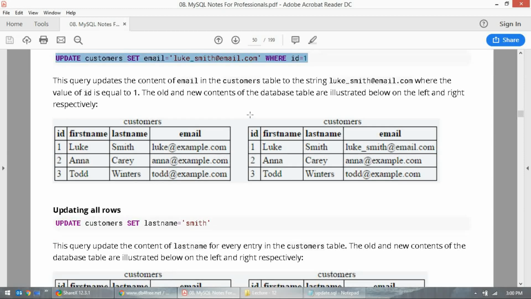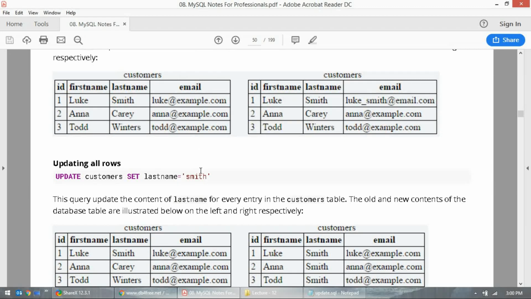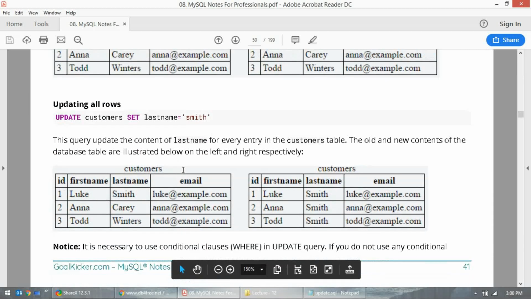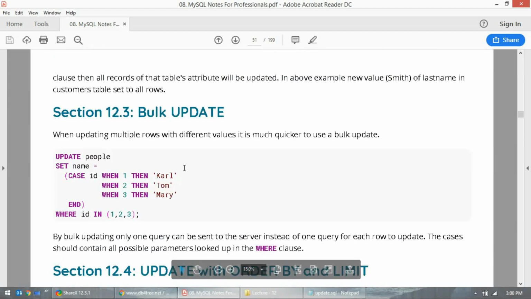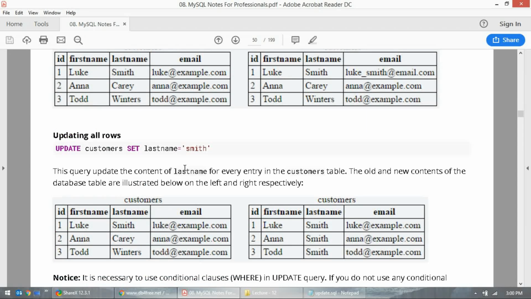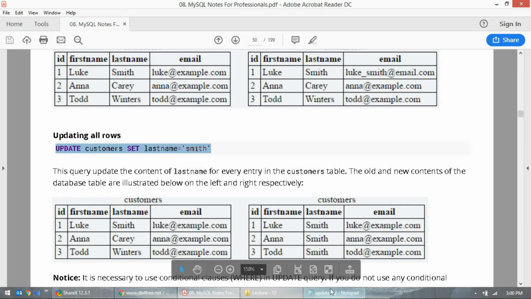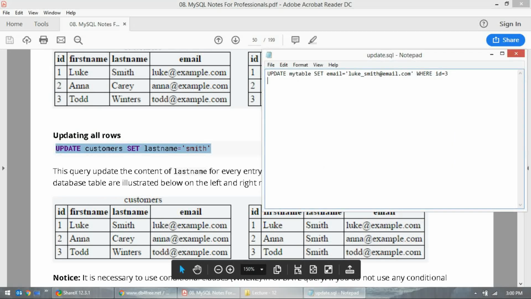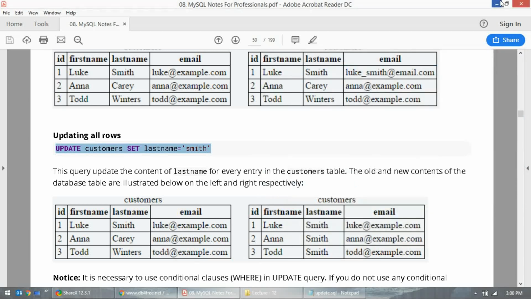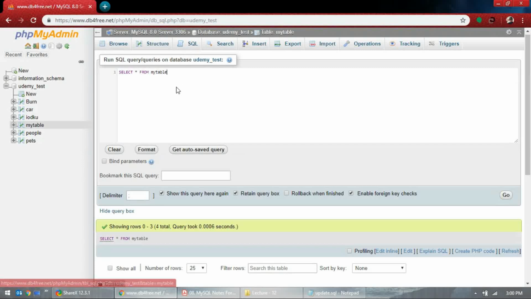Now you want to update all the rows with the name Smith. I don't want to do that. You normally don't do such a thing, but if you update customer, set last name Smith, do you want to do that? Let's do this then. But here we used the primary key, so we were lucky on the update command actually. So all right, now here we'll use this